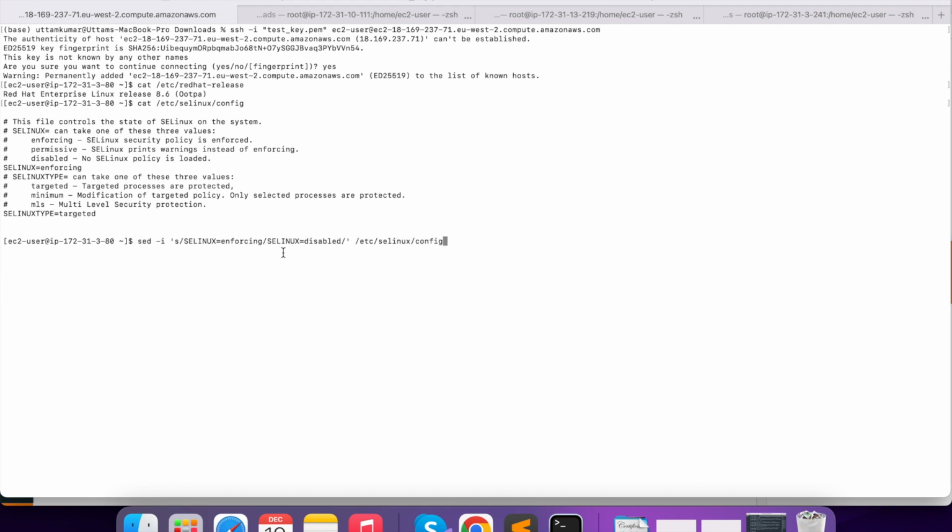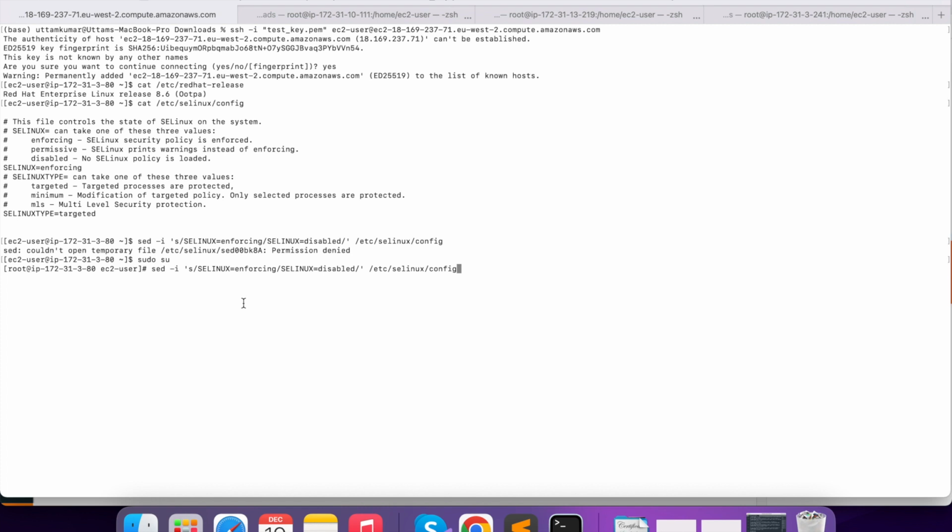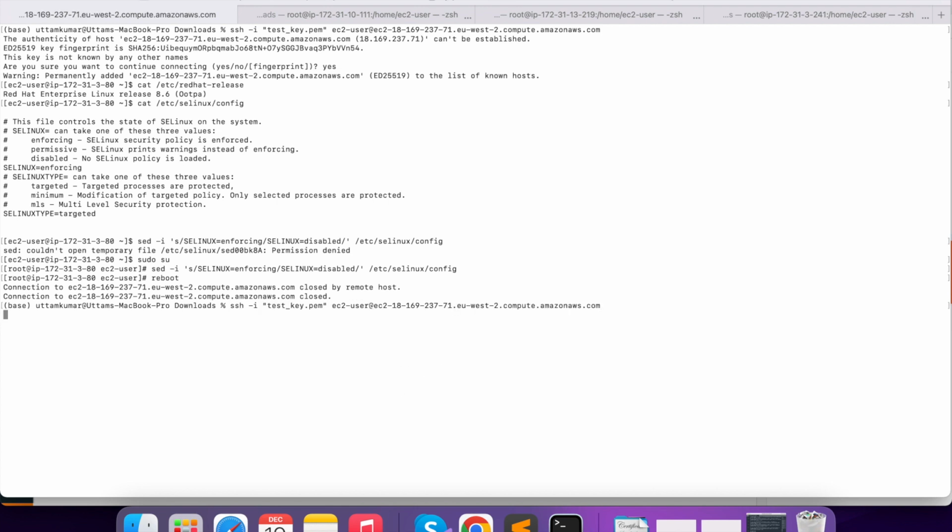This command will replace enforcing with disabled. I need to be root. After this you need to reboot the machine. Once it's back,